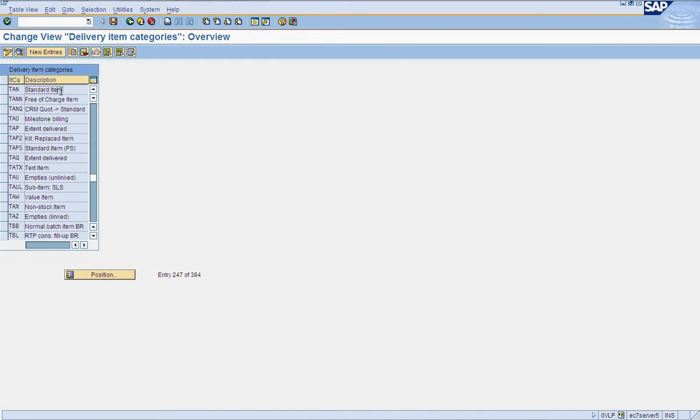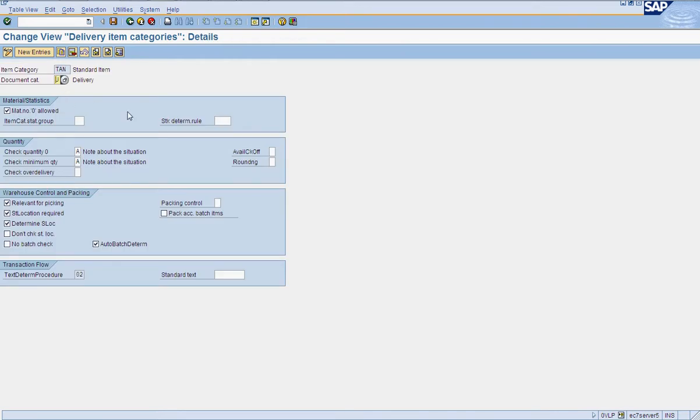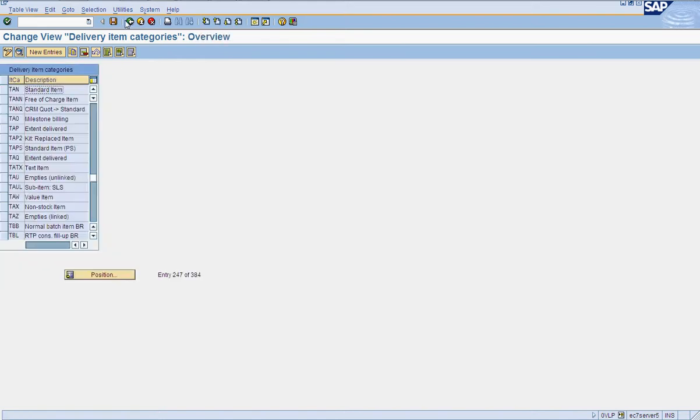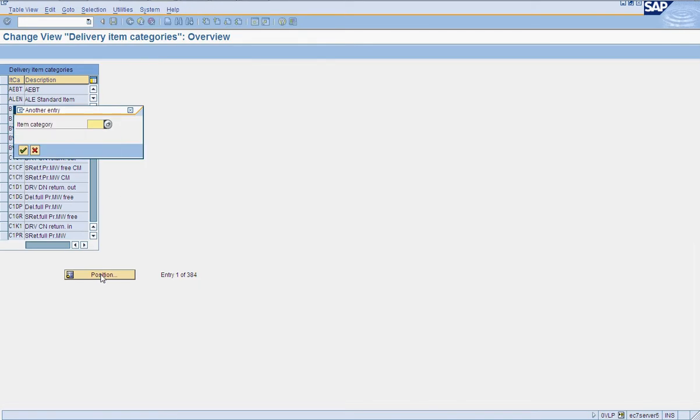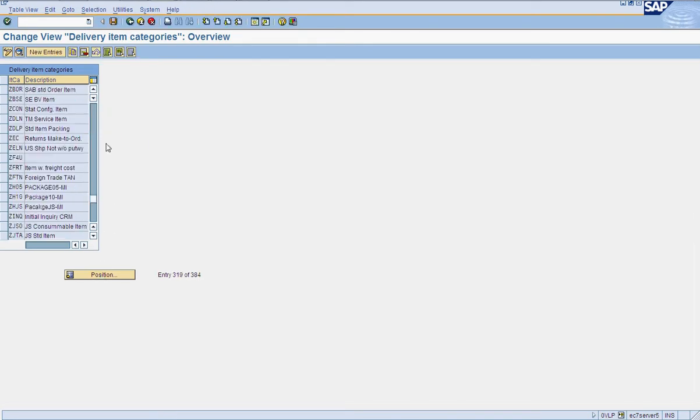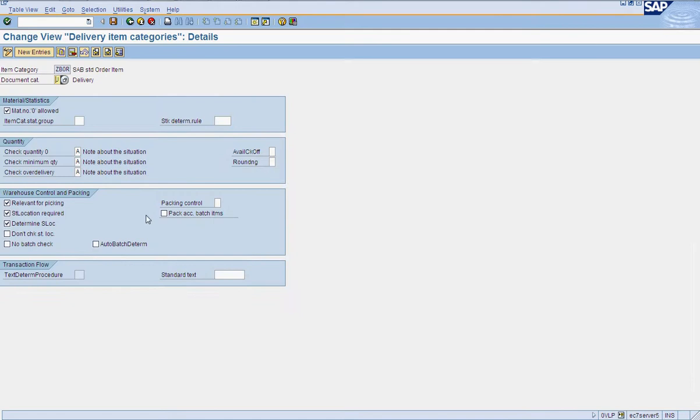Go to TAN. Yes, it is same. We have added one more actually. Okay, auto batch determination is required, but we have not defined batch determination as such, but still we can say auto batch determination.